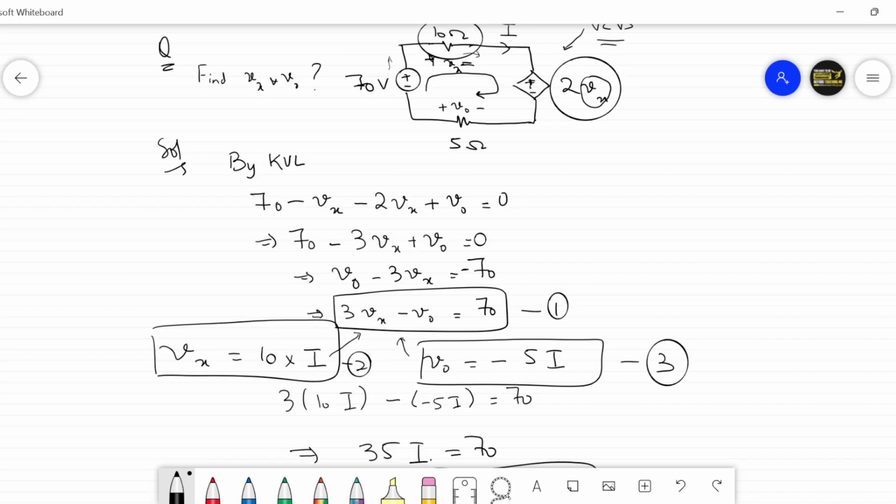ठीक है, तो this is actually practice problem number 2.6. ठीक है, unsolved example on Alexander Sadiku. V naught प्लस माइनस इसने ऐसे ही लिखा है, इसने क्वेश्चन में ही ऐसे पुट किया है. ठीक है, मैंने V naught को प्लस माइनस ऐसे नहीं किया. अगर इसने ऐसे नहीं किया होता तो मैं प्लस माइनस ऐसे भी लिख सकता था. ठीक है, if we had not written anything, I would have written V naught like this.